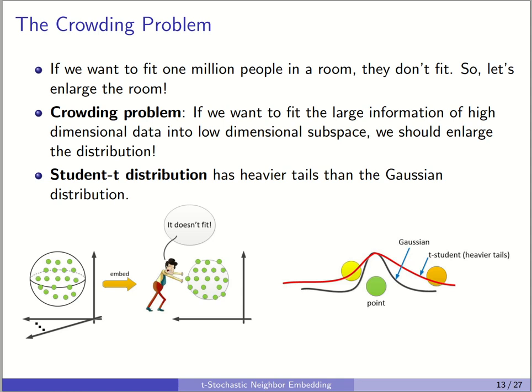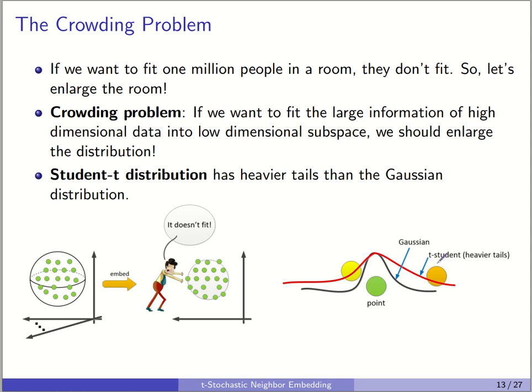But the low dimensional space does not have enough number of dimensions. Or in other words, in my example, the room is small. What do we do in order to preserve the information of high dimensional data in the embedding space better? Of course, you will lose some information, but what do we do to make it better? Let's use